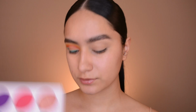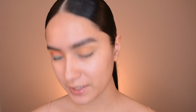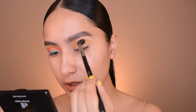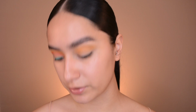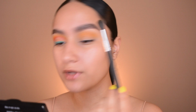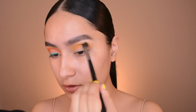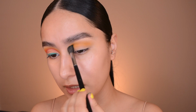Using the Morphe M505, I'm going to go in with the yellow. So this is going to be my transition shade. I'm going to buff this above my crease a little bit higher than I usually do, a little bit closer to my eyebrow, just because I really want this color to peek through, because I'm doing kind of like a little sunset. It's going to go from yellow to orange to kind of like a pinky color, so I still want that yellow to really peek through. So I'm going to build it up a lot